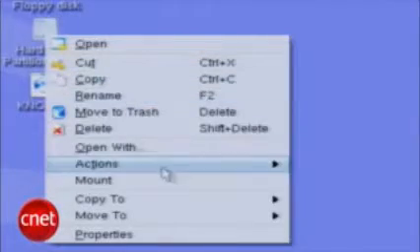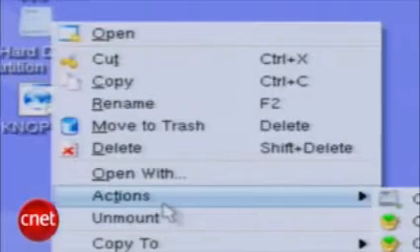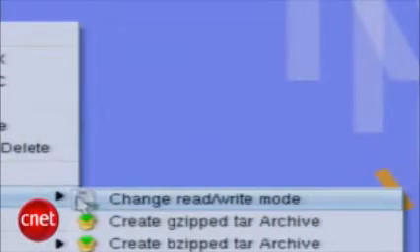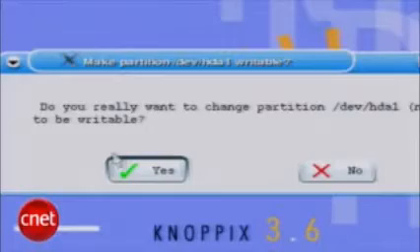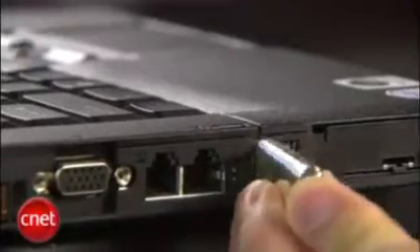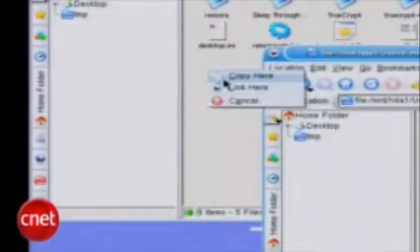Let's say you want to recover data off the hard drive. First, right-click on the drive and choose Mount. Right-click on the drive again, choose Actions, and change read-write. Say yes, you want to make the disk writable. Now you can plug in an external thumb drive. Make it writable as well, just the way you did for the hard drive,